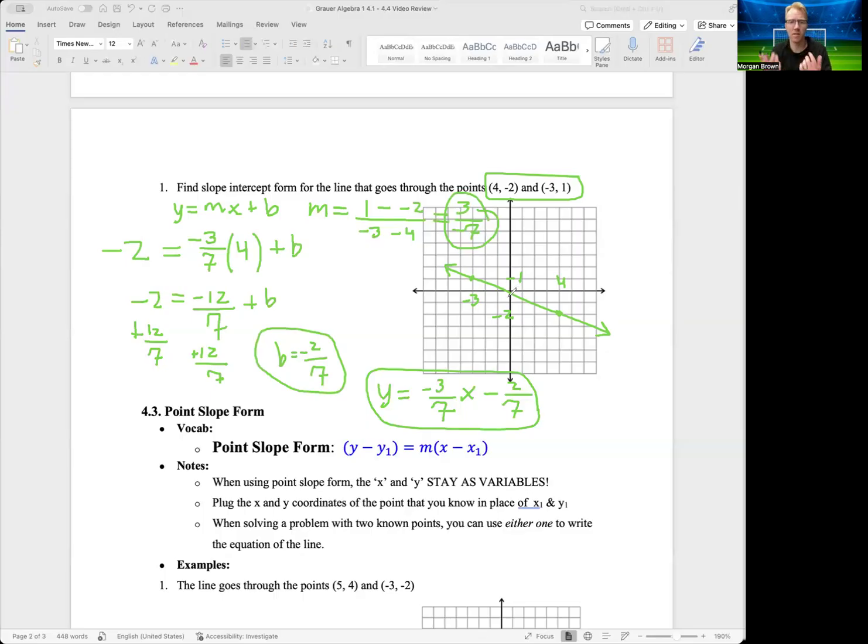So again, you have to find the slope. You could do that by counting on the graph, or you could do that by using the 2 coordinate points and doing the equation y2 minus y1 over x2 minus x1. Next, you have to find the y-intercept. So you can plug in the slope and a point that you know into the equation, y equals mx plus b. And then once you plug in x and y and m, you can solve for b